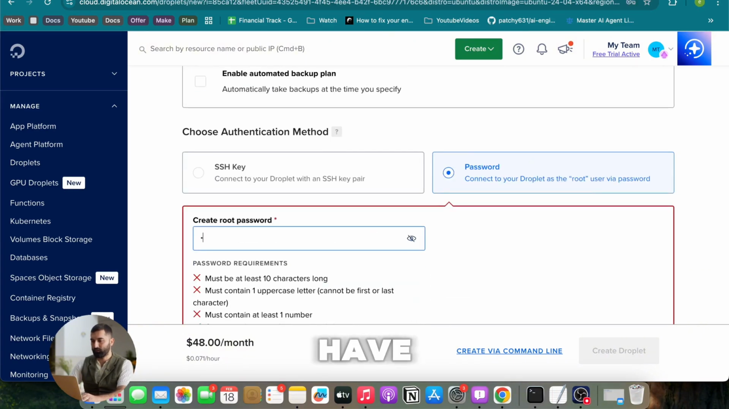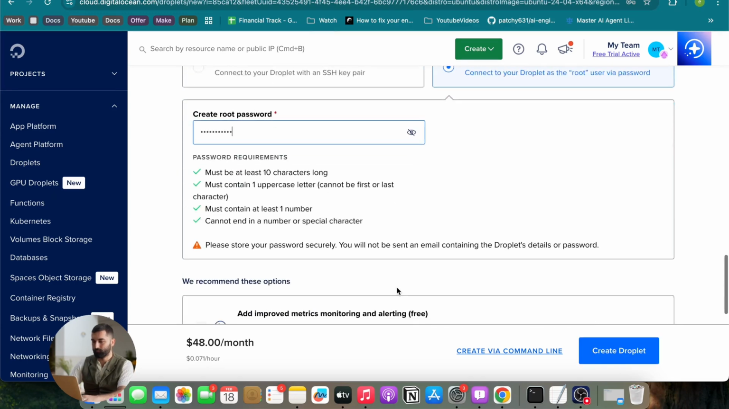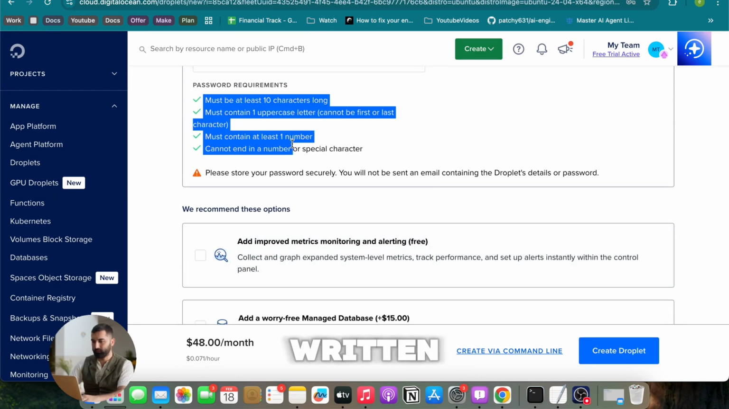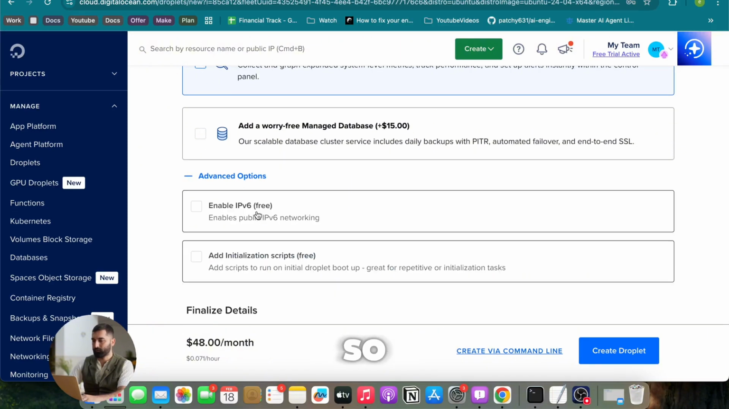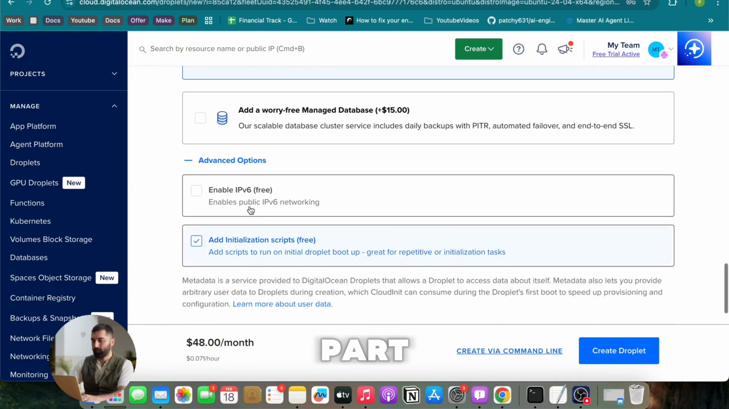So here you just have to choose a password. The criteria is already written here. Okay, so here's the important part. Here you can do, because I will give you a package, and it's like now we are creating a new computer, and when I give you this package,